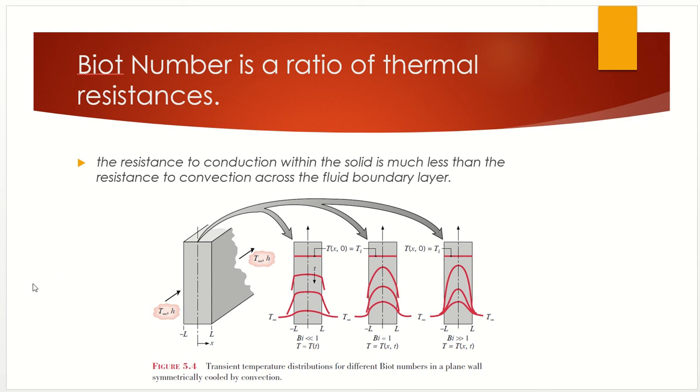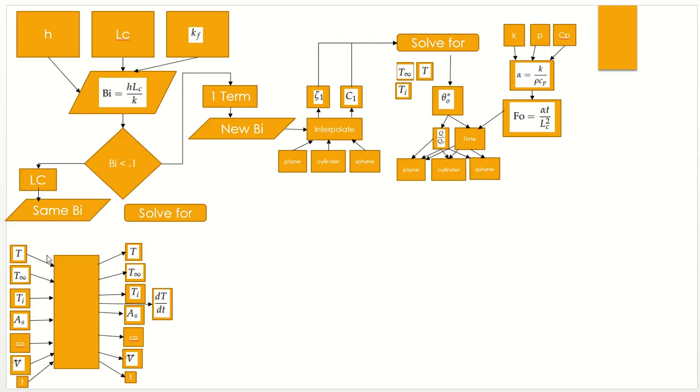So a little bit about my calculator. How it works is through this flow chart we can kind of get an idea. Since everything revolves around the Biot number, we need to calculate that first. So my Biot number, as you know, needs your heat transfer coefficient, your effective length of the surface over which you're going, and your k value of the fluid that is passing over the object. And so with the Biot number, it'll go through and spit out a Biot number, and then if it is less